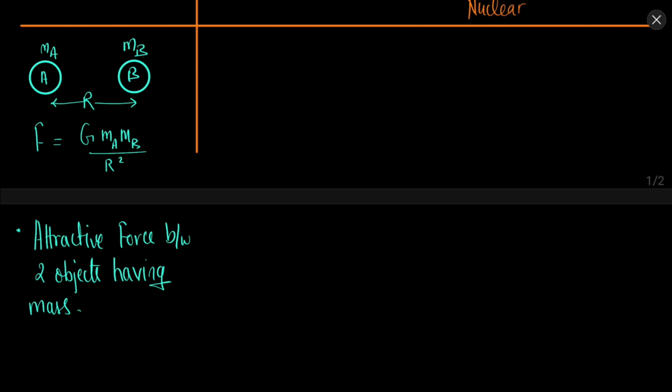The body needs to have some mass, otherwise gravity cannot act. So mass is the important thing that generates the gravitational force. The more the mass, the more will be the gravitational force on the objects. So the gravitational force is due to the mass of the body. It is only attractive in nature, remember.